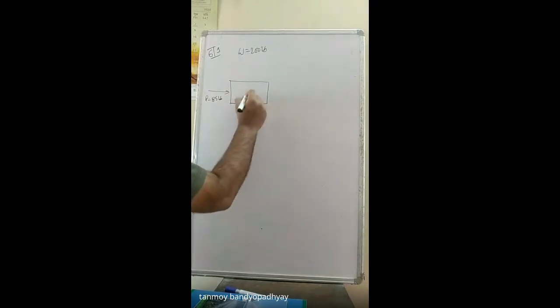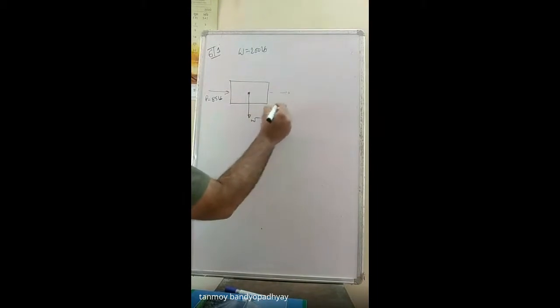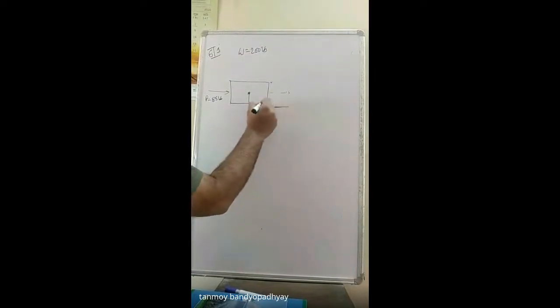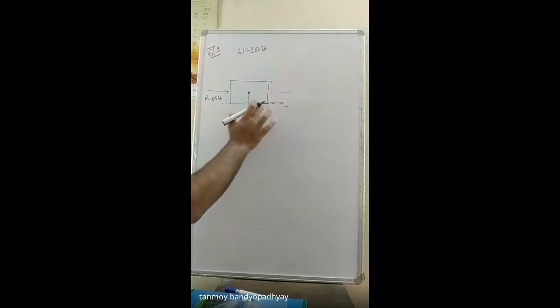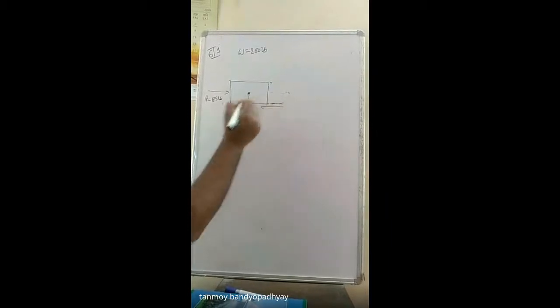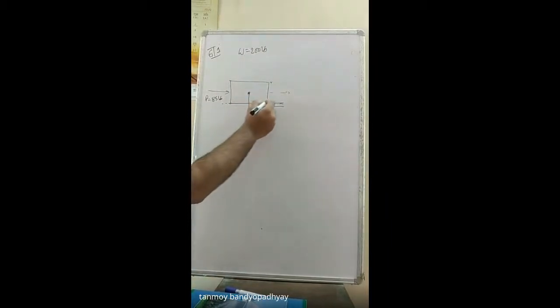Since the body has a tendency to move in the positive x direction, the frictional force I am drawing here. There are two reasons why I am drawing it here. Friction is acting only at the surfaces of contact. That is why I am drawing the frictional force in the downward direction, because that frictional force is a shearing force. I draw this frictional force by a single line, representing that it only acts on the surface of contact, not on any other surface. It's not a normal force, it's actually a shearing force.